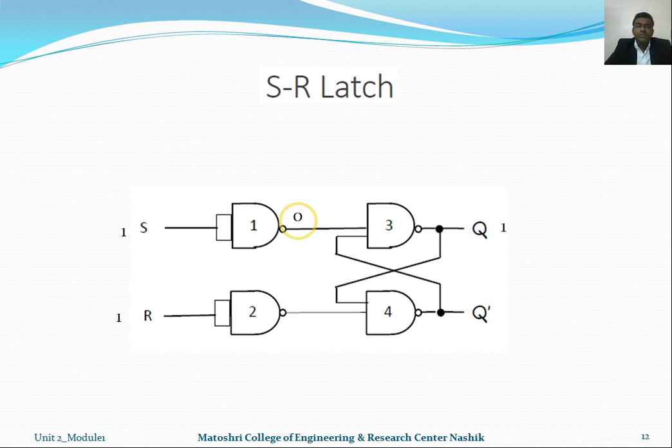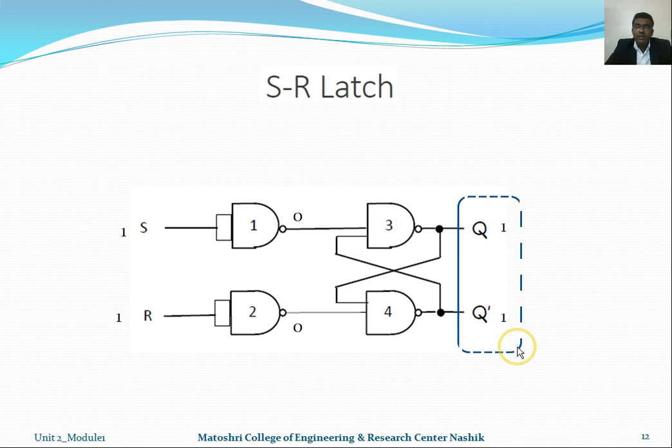Similarly, irrespective of any other input, the third NAND gate generates 1 as output because of the NAND gate present here. So that Q is cross-coupled and connected to the input of the fourth NAND gate, and the other input, generated by the second NAND gate, is 0 because the value of R is 1. So both inputs become 1. So 1 dot 1, we are getting the NAND gate output 0. So the fourth NAND gate has two inputs available, 1 and 0, so it generates a 1.